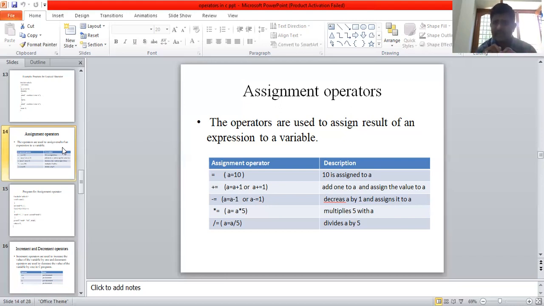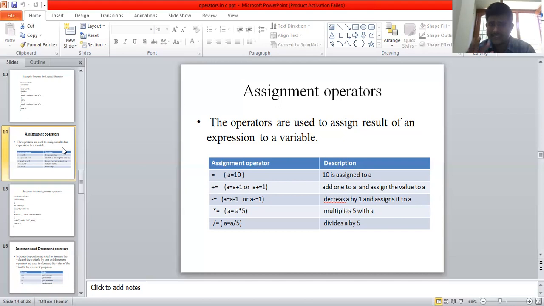This is one expression. a = 10 is one expression. Next, coming to the next assignment operator, plus equal to. For example, a = a + 1. The value of a is already 10.